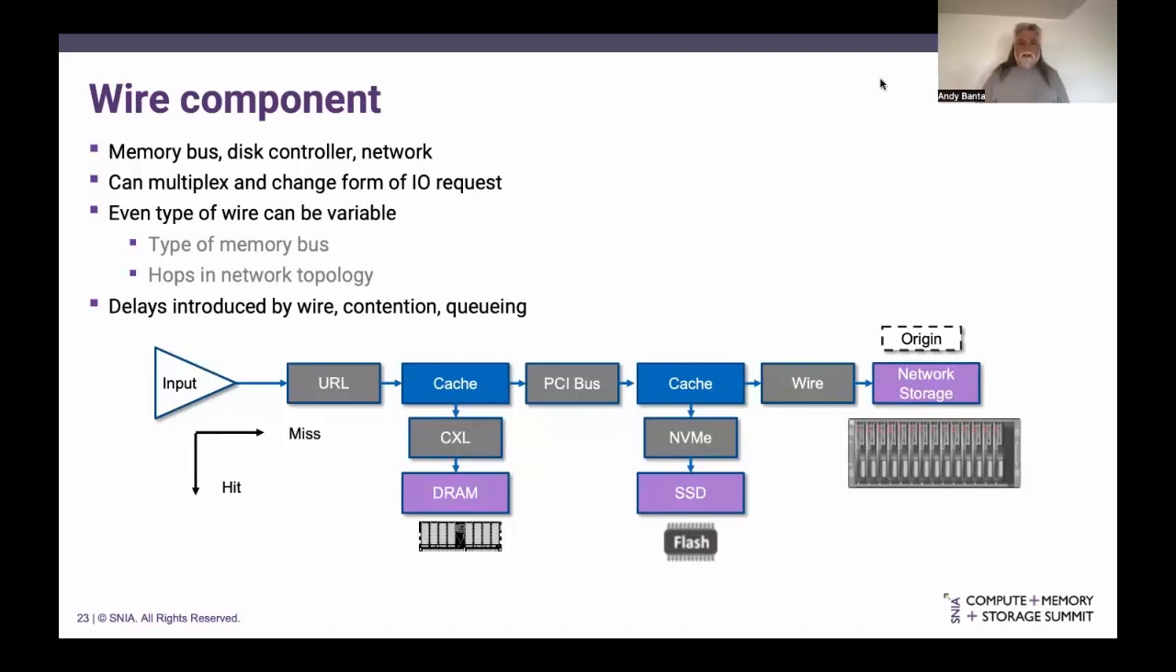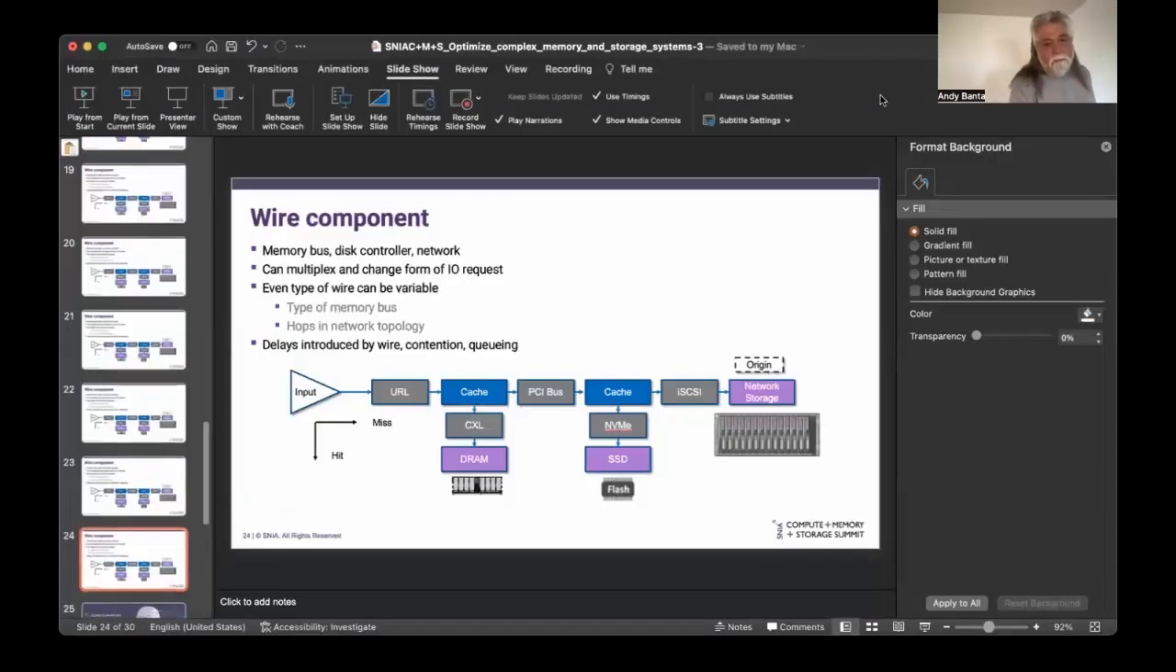One of the cool things about MQSIM that I mentioned in the previous slide is that it actually provides simulation for either a SATA interface or an NVMe interface. And finally, we'd have something like iSCSI that would go off to our network storage. So at this point, I'm going to break out of this and show you how we actually simulate this